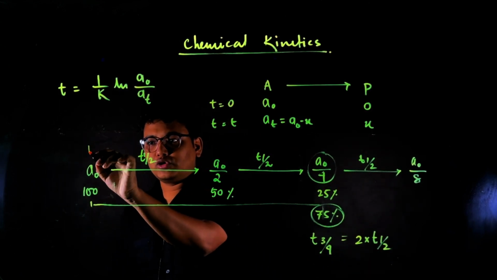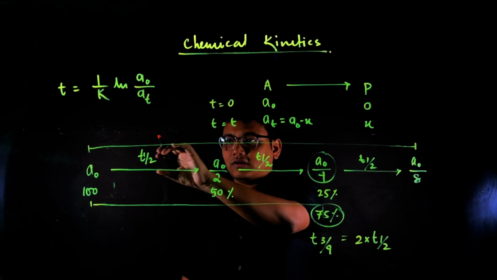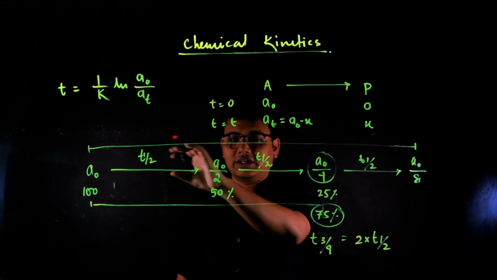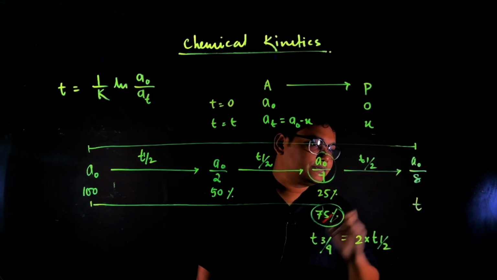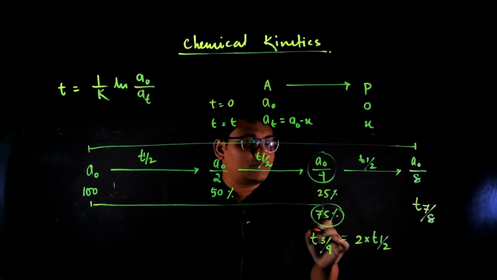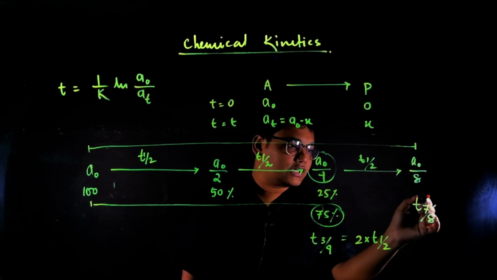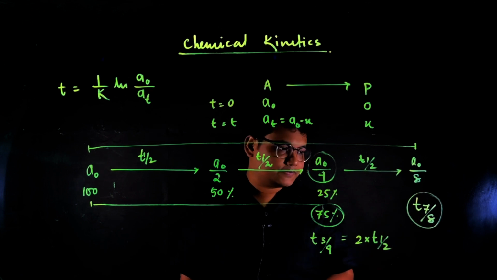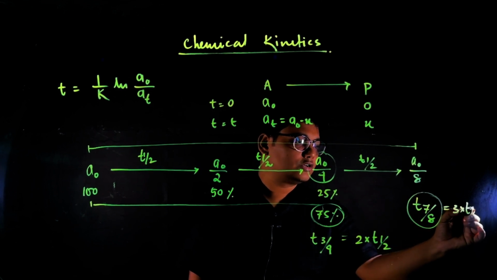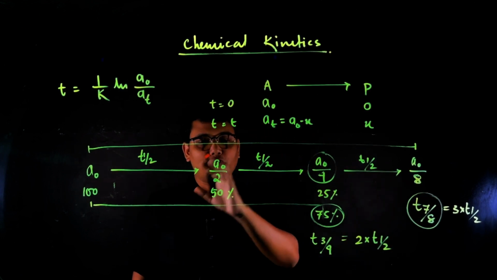If we go from A0 to A0 by 8, then the reaction proceeds 3 t halves. Now here the fraction will be 7 by 8. 75% done and of the remaining 25%, half will be consumed here. So the time will be t 7 by 8. So t 7 by 8 is equal to 3 into t half. So if we go up to 4 t half,